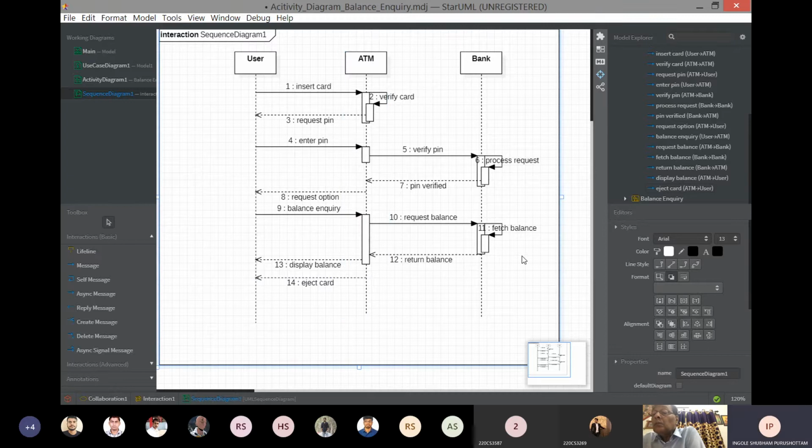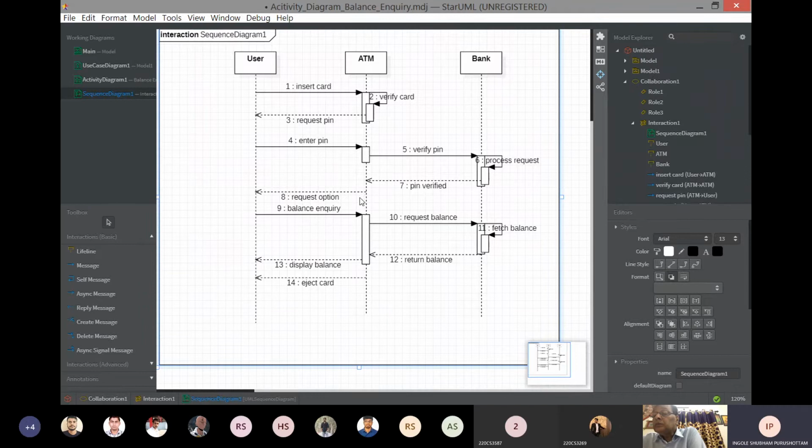So this is the sequence diagram for balance inquiry. Here it's the timing. It shows the timing of the messages. You can see the user is inserting the card, verify card, it's requesting the PIN. You can see the numbers here, how one after another the messages are being sent from one lifeline to another lifeline: first message, second, third, fourth, fifth. So this shows the timing.